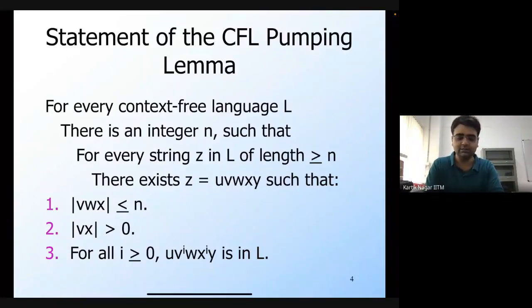In today's lecture, we will first prove this pumping lemma, and then we will look at its contrapositive form. Then we will again formulate this game with Demon in order to use this contrapositive form to prove that some language is not context-free. And then we will look at some examples of how to use this game to prove that some language is not context-free. So that's the outline for today's lecture.